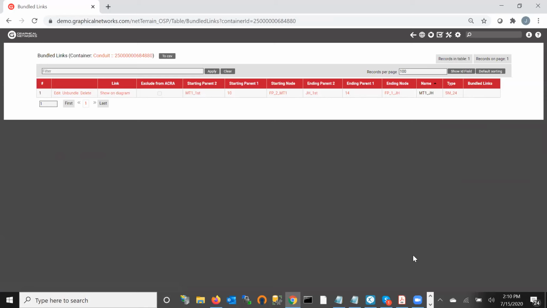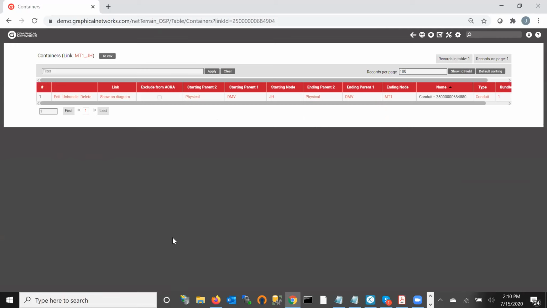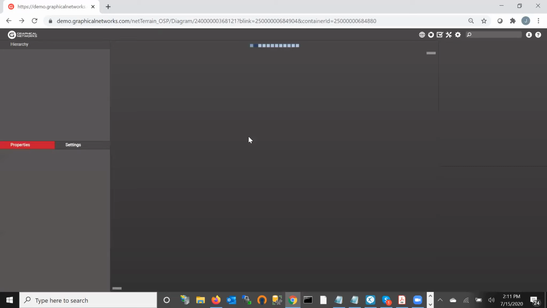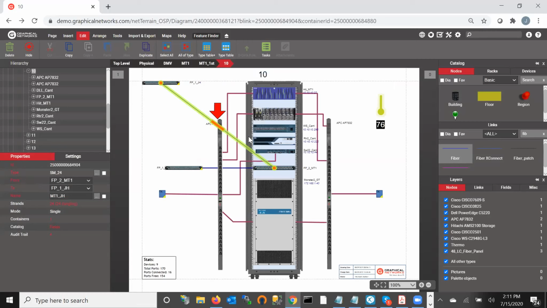So, single mode 24 strand. I can see where that cable is too by clicking on it and seeing the endpoint connection of that cable. This cable has one container, so it's only in one part of a conduit. And I can see that by going to its interface and seeing that this is the conduit that particular cable's in. You can have a cable that's in multiple conduits, might be in 10, 20 segments, but this allows you